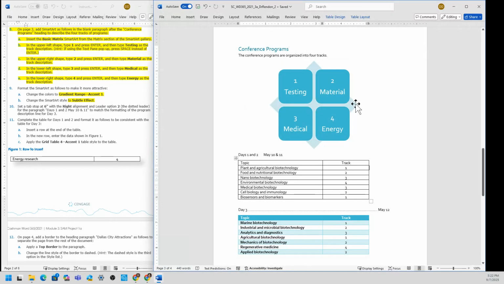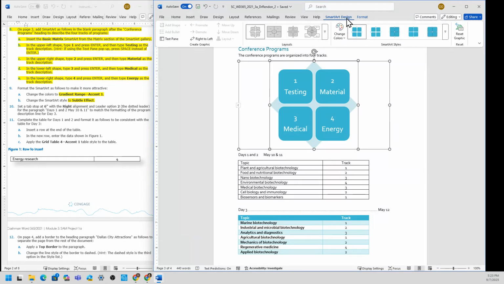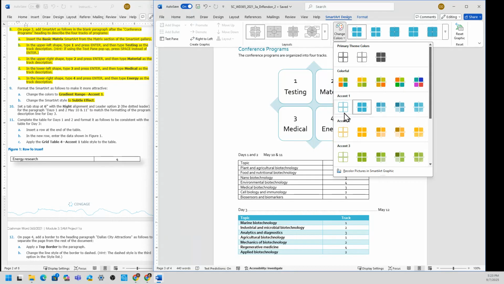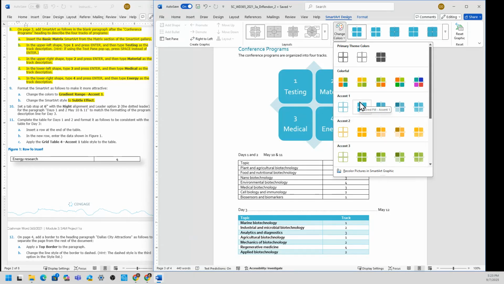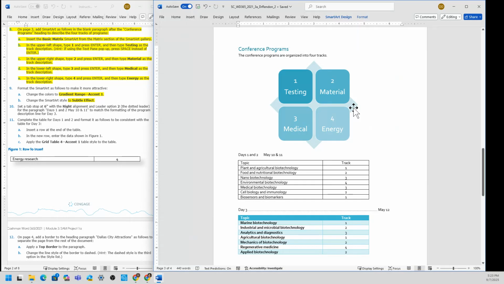Let's check. So start over again. So I'm going to select the smart art, select the smart art design. Then I need to change the color to accent 1, gradient range, colored. This is colored fill. This one is what I need in the middle under accent 1. Oh, did I select it?